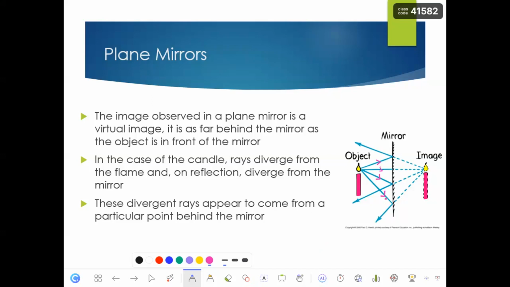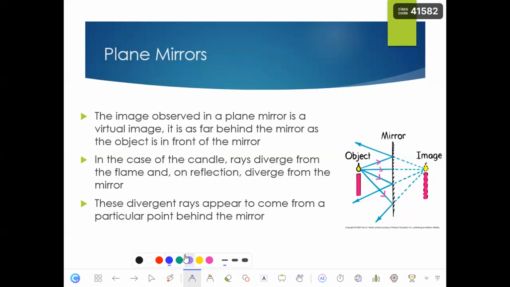And we would like to see, let me just change the color, how the reflected light helps us to see the image of this candle. What was the law of reflection? The angle of incident light is equal to the angle of reflection. So for any incident light,